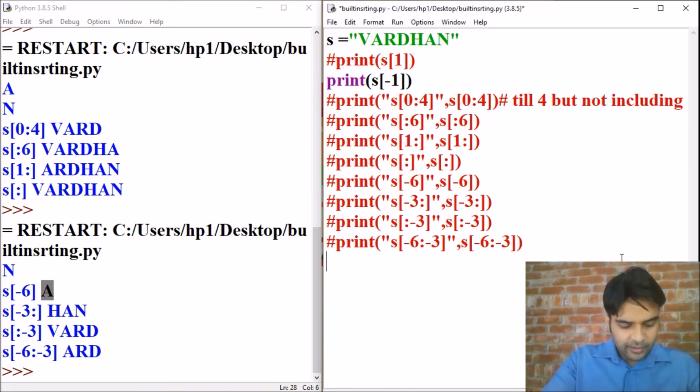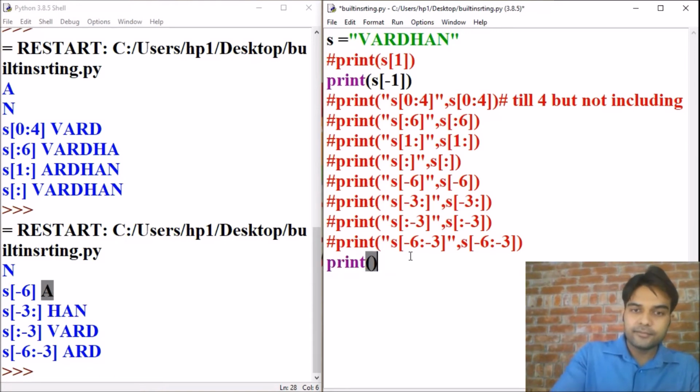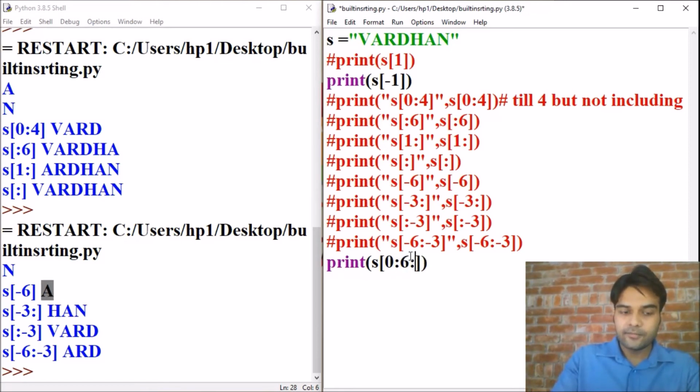Let's move to the third option. Actually, this indexing has 3 parameters. The third parameter is called stride. What does it mean? Print s, start from 0 to 6, and stride means the third argument.